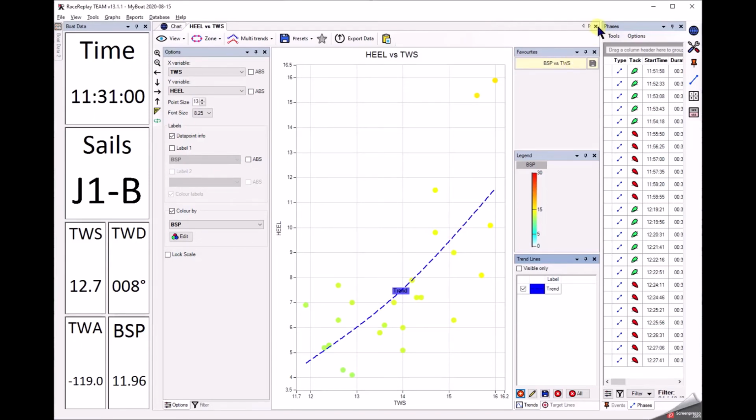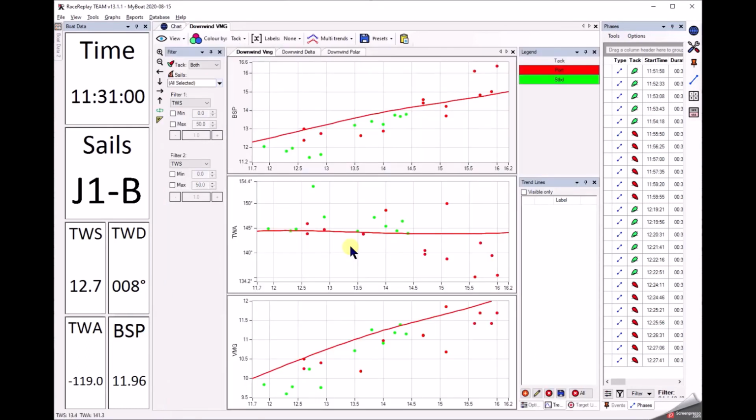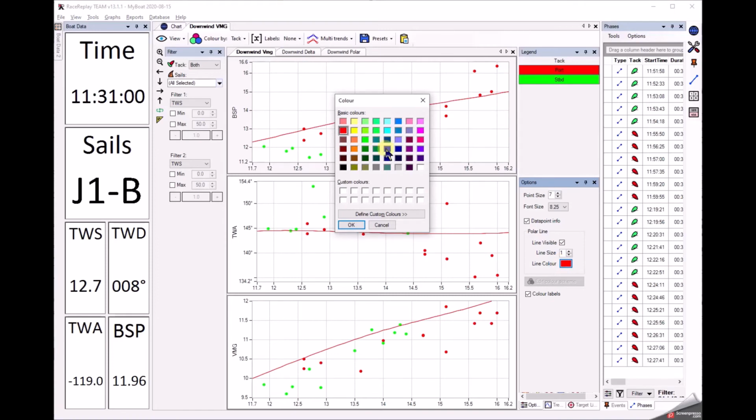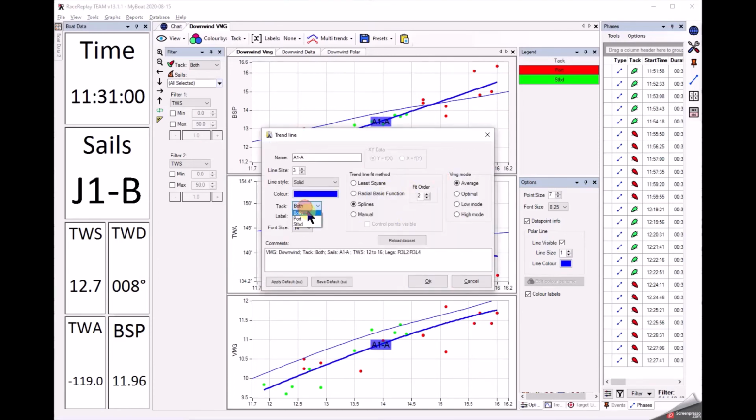Let's look at another graph. We have VMG graphs, for instance. Close this and open an upwind. Oh, we need downwind data. Let's go for downwind data. VMG graph. It's now open. Let's do some customizing and say that I prefer my polar to be smaller and in blue. And I also want to add trend lines here, add a single trend line, and this is going to be for port tack. Make it a bit smaller,